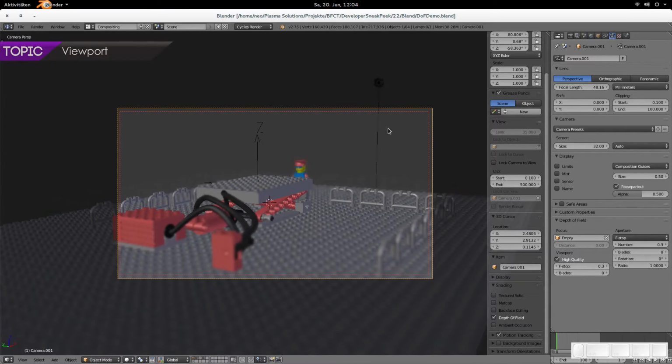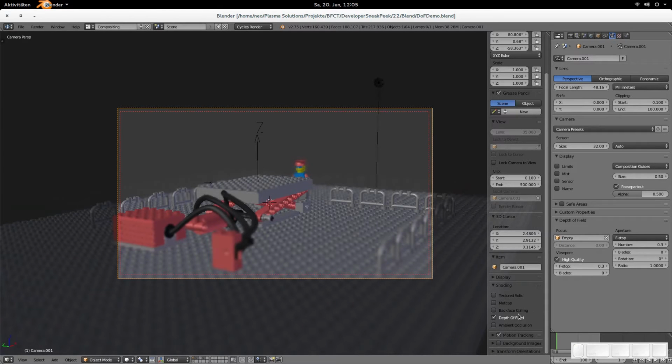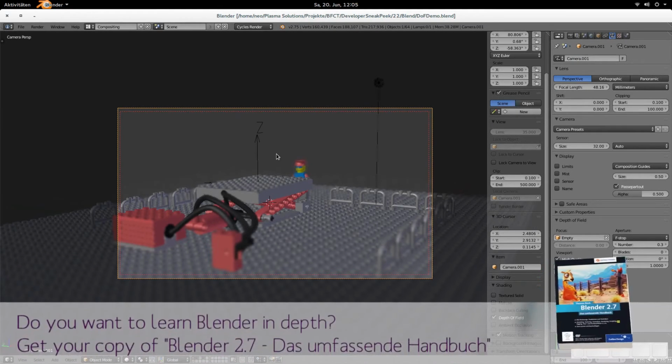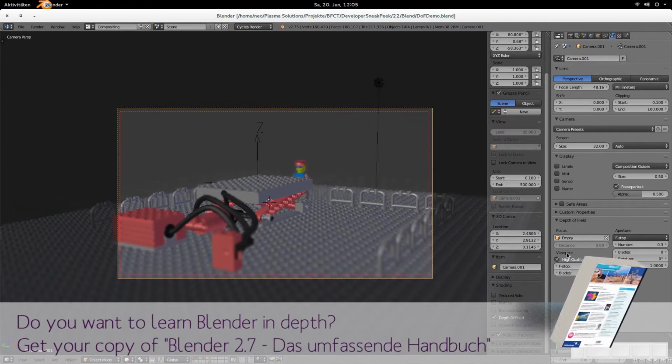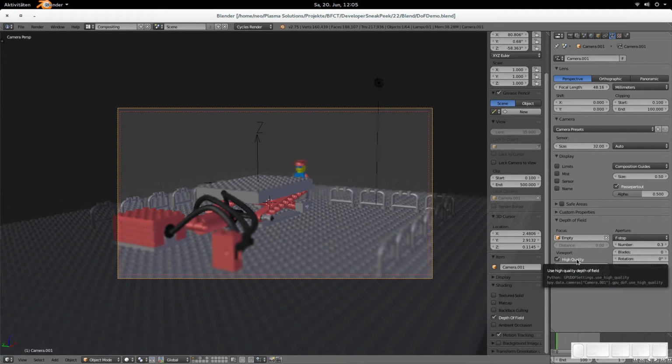That's the depth of field high quality checkbox, and maybe you have used it already, but if not, here is how you use it. This is the shading tab in the viewport. There you have a depth of field checkbox right above the ambient occlusion checkbox, and when you enable it and you look through the camera, then you have in the viewport a new high quality checkbox. And let's first disable